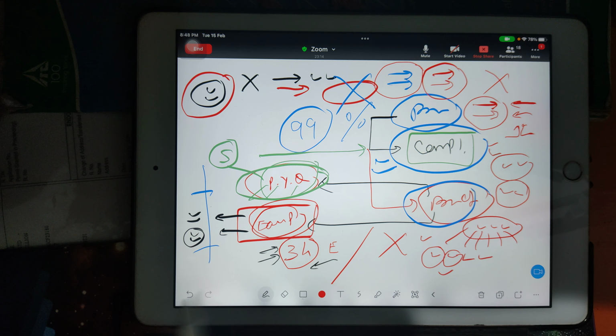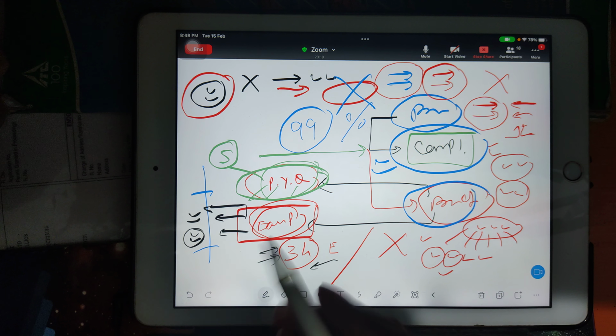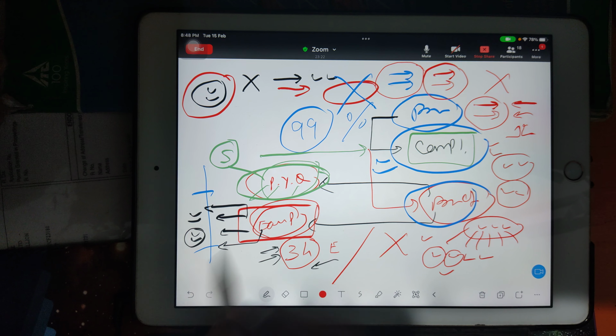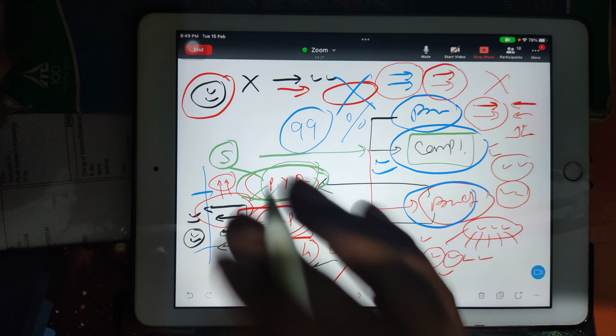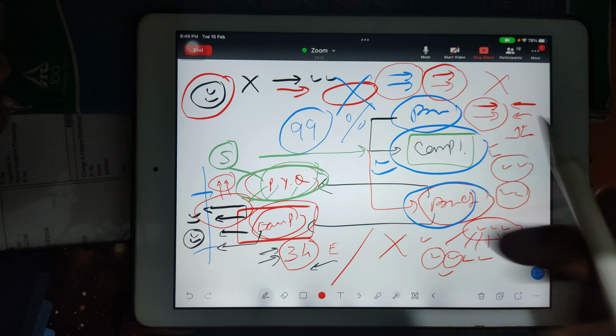Now examples. In this, we have two types of examples. One type of examples we will discuss in live class, and the other type of examples you have to solve in PDF. Now in live class, selected examples which are going to hit your theory, which are going to give you enough